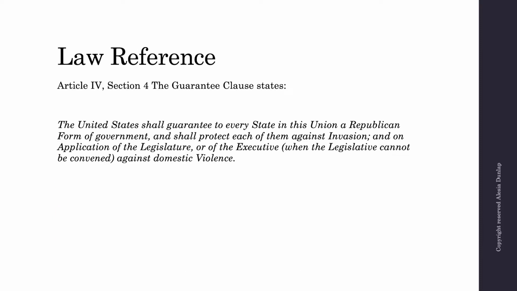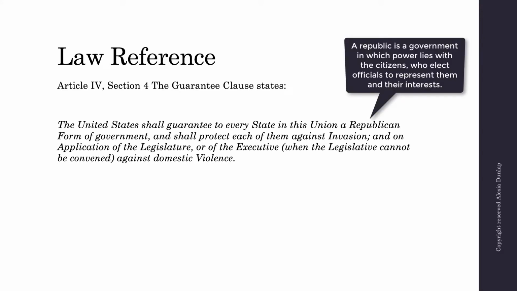The law that was referenced in this case was Article 4, Section 4, which is the guarantee clause. It states in the Constitution: the United States shall guarantee every state in this union a republican form of government, and shall protect each of them against invasion, and on application of the legislature or of the executive when the legislature cannot be convened, against domestic violence. So this section